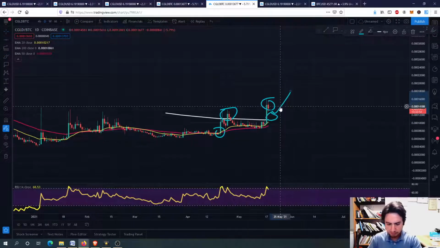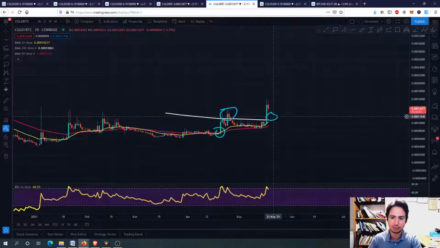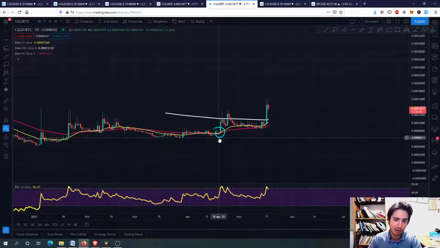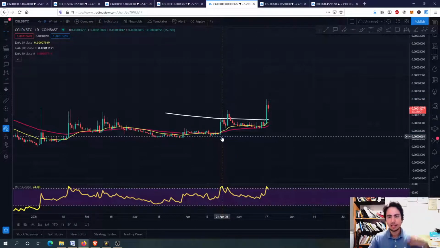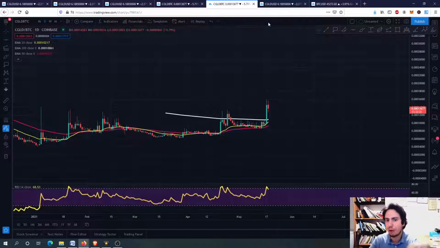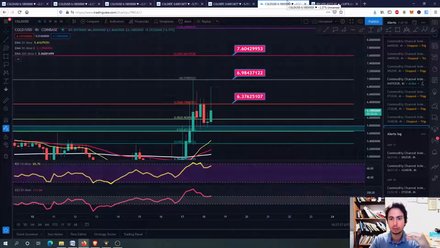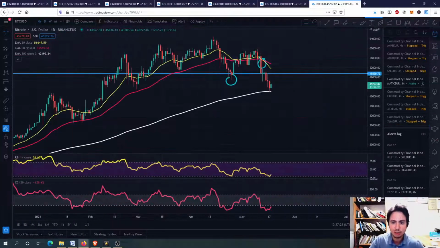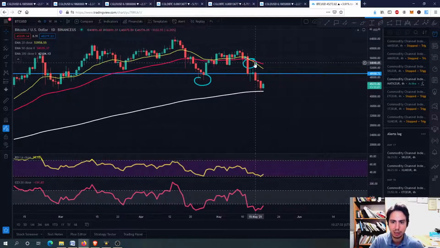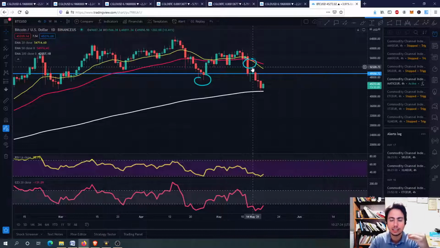So yeah, I believe that CGLD against Bitcoin will outperform Bitcoin. Therefore, even if Bitcoin corrects, CGLD won't correct as much. And when Bitcoin goes a little bit upwards, CGLD will go a lot upwards. That's why we want altcoins to outperform Bitcoin, guys, because with Bitcoin, we might see lower lows and lower highs, because we had this bearish cross on the daily frame for Bitcoin against USD.